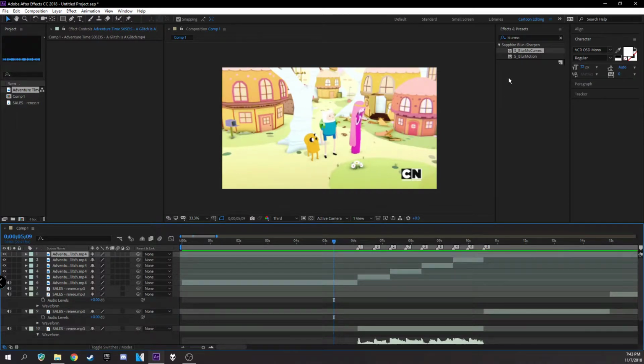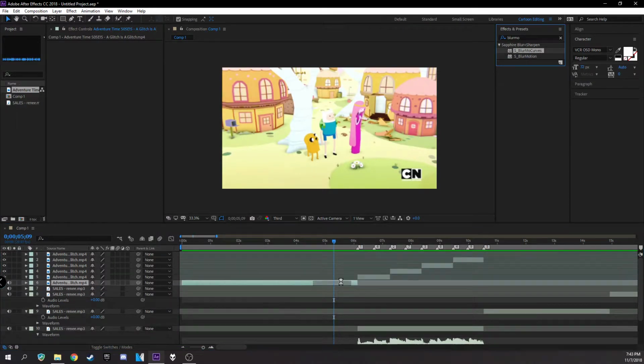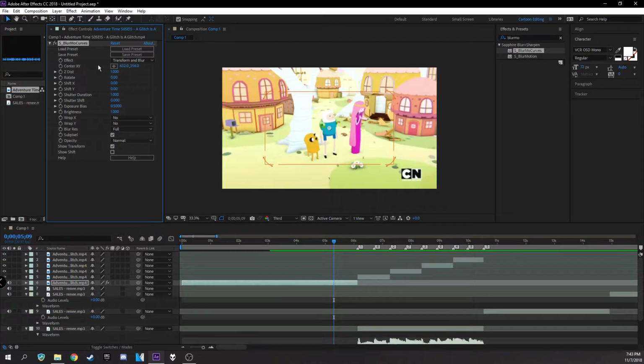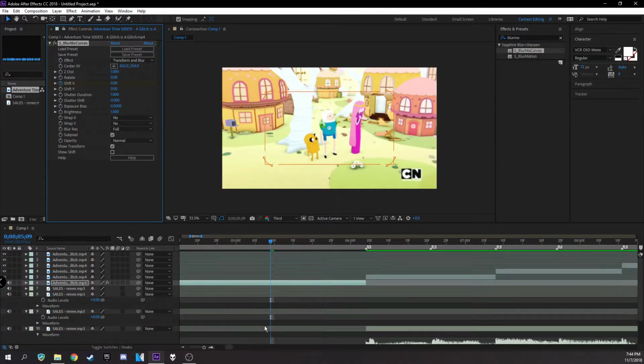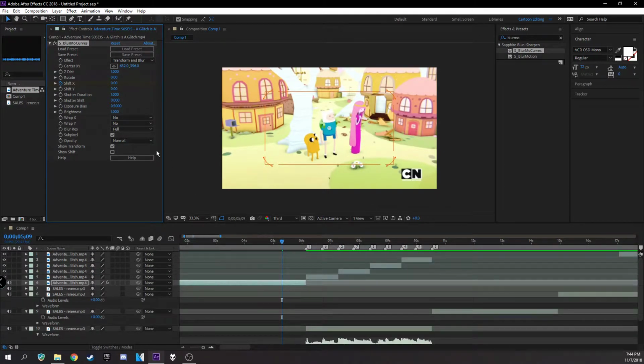So you're gonna want to take Blur Motion Curves right here and drag it onto your first clip. You'll get presented with this window over here. You can change anything in here that you want to. Right now let's do an X transition. So you're gonna want to find where you want the transition to start on your clip,